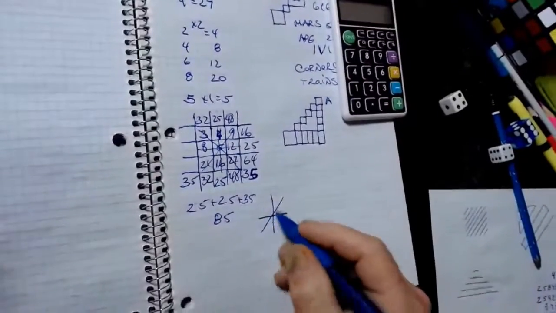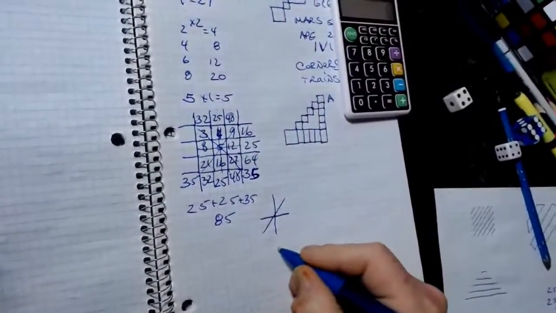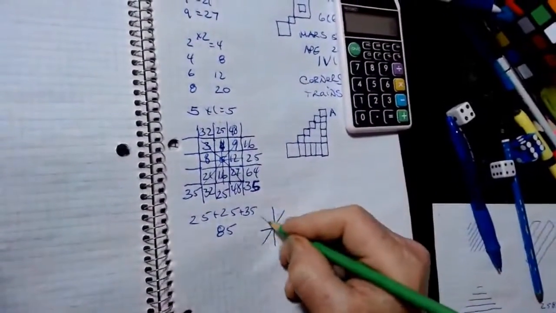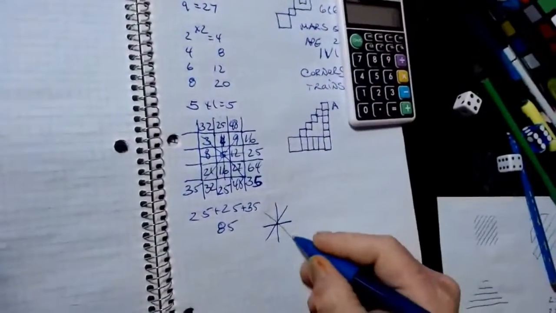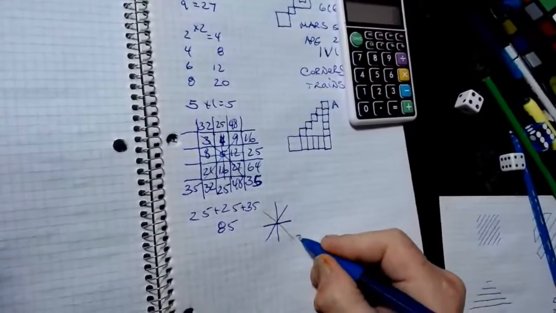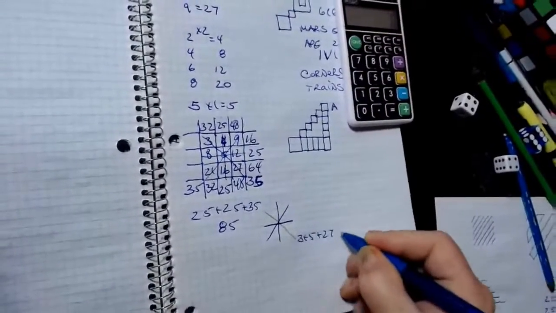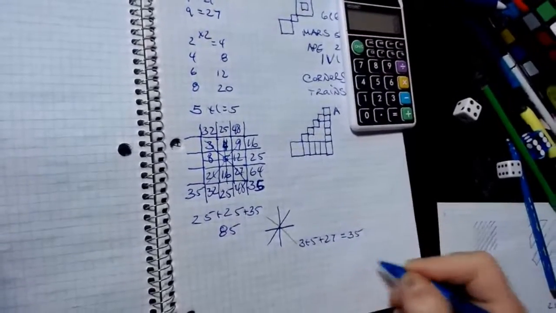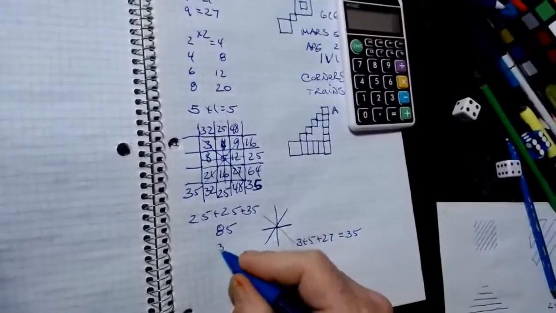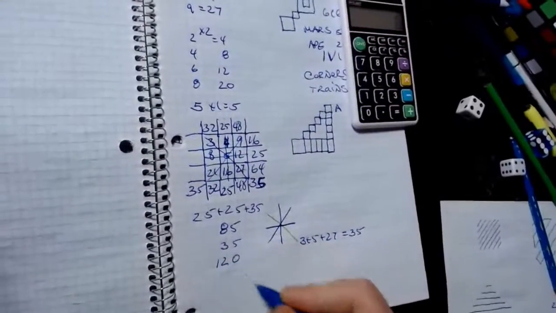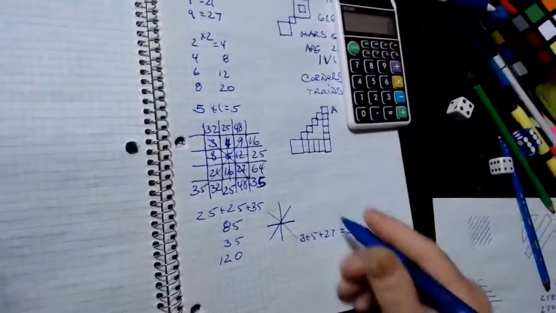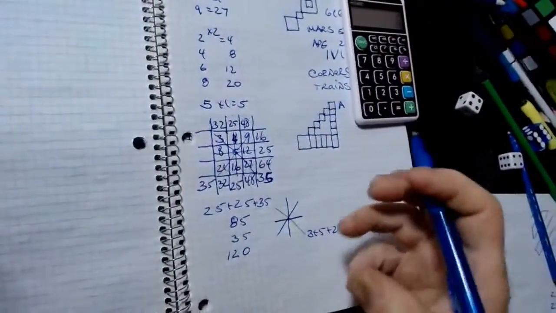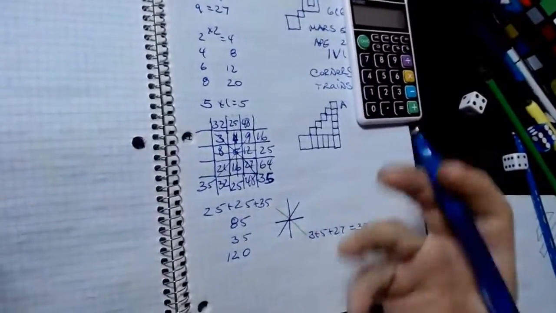My next one that I'm going to do, if I want to do them all and add in the last line over here, is going to be 3 plus 5 plus 27 equals 35. So we have two 35s. If I add another 35, I have 120. That would be 1/3 of the cycle of stars. We need 3 of them in order to complete